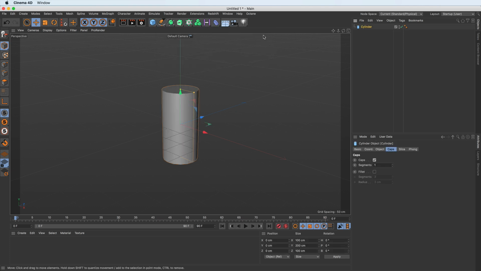And when I release my mouse, you'll see the cylinder got added to my viewport here, as well as my object manager. Now, the object manager is where all the objects in your scene are going to be represented and where you can select them. And when you have an object selected, you have access to its attributes. So if I go into this object's object tab, you can see that here we have access to all of